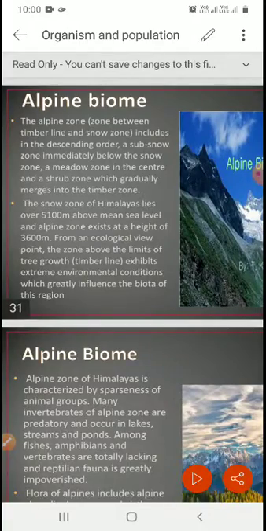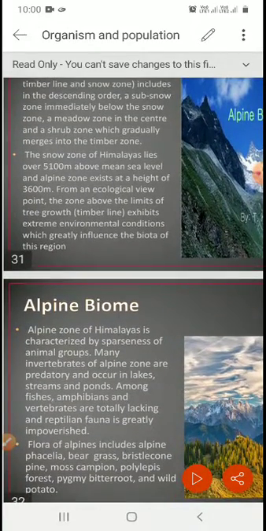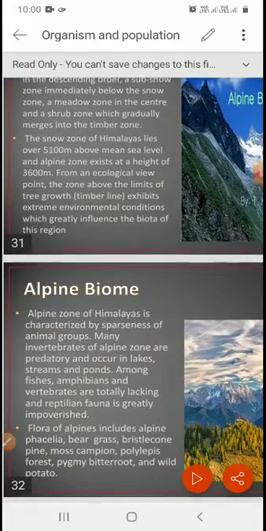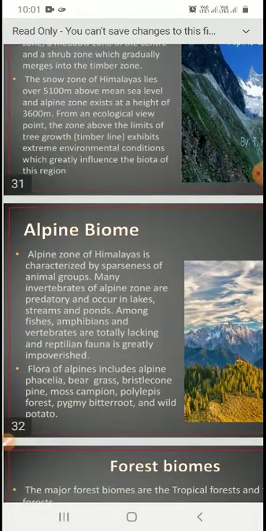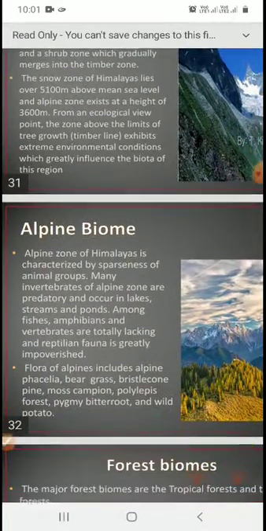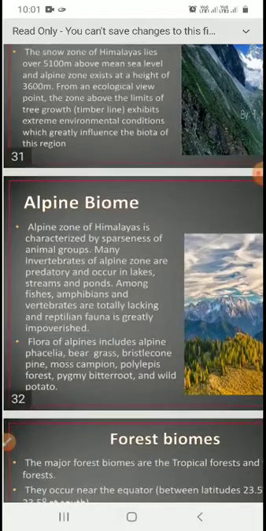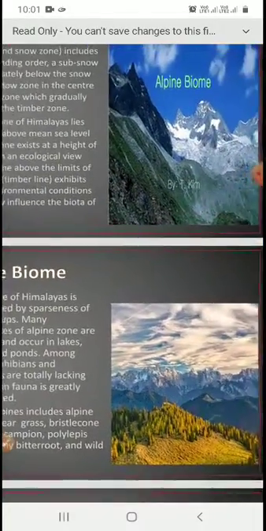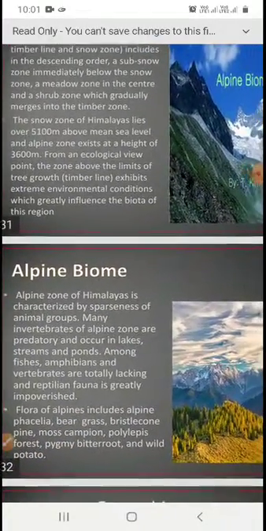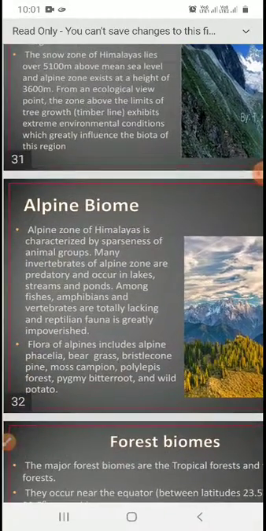It includes, in descending order, the sub-snow zone immediately below the snow zone, the meadow zone in the center, and the shrub zone, which gradually merges into the timber zone. So both merge together. The snow zones of the Himalaya lie over 5,000 meters above mean sea level, and the Alpine zone exceeds the height of